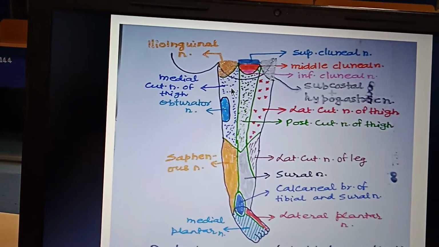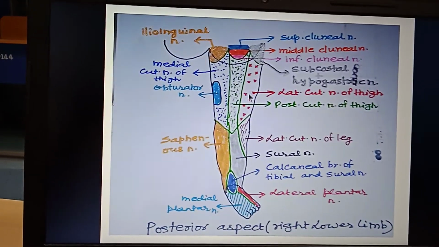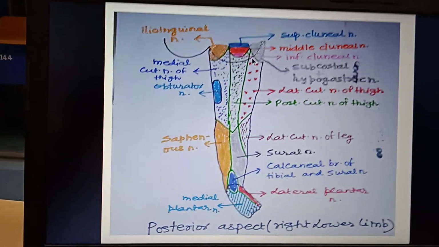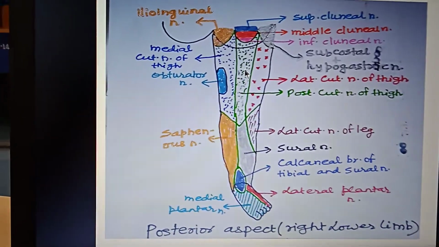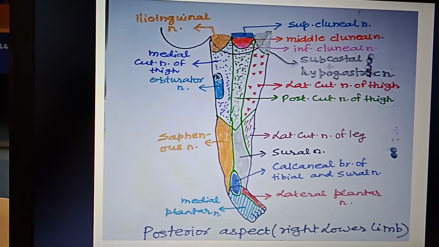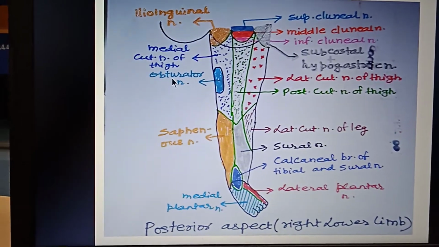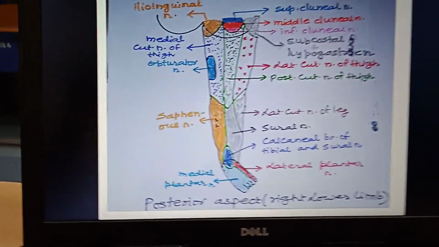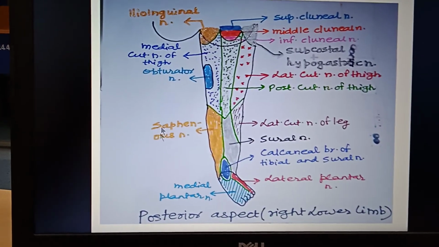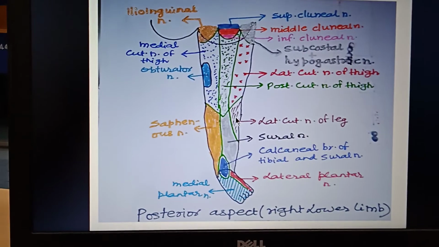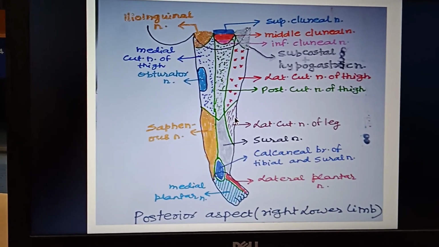Again this is on the medial aspect of the thigh, so medial cutaneous nerve of thigh. This is lateral cutaneous nerve of thigh where my cursor is going, and we are dealing with the posterior aspect in green color. This is the posterior cutaneous nerve of thigh. Again on the medial side, like a pocket, O-shaped, supplied by obturator nerve. Medially, this will be supplied by saphenous nerve, and laterally this is lateral cutaneous nerve of thigh, here lateral cutaneous nerve of leg.